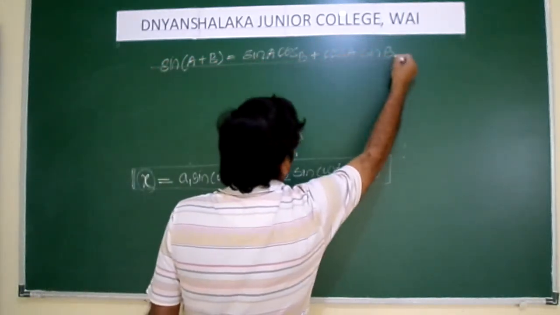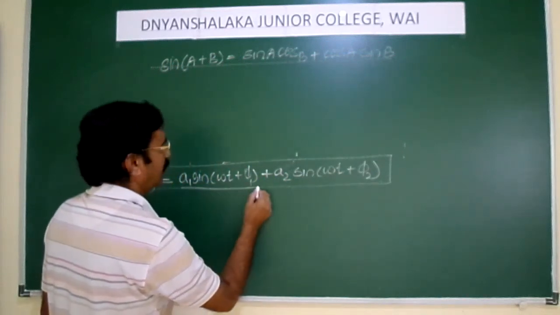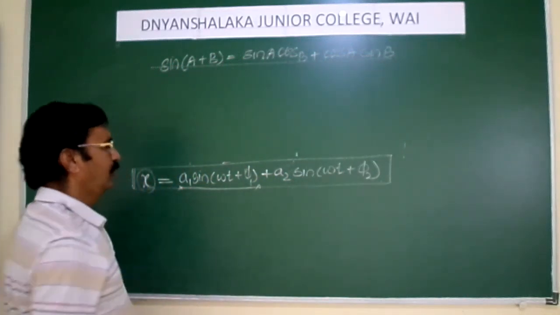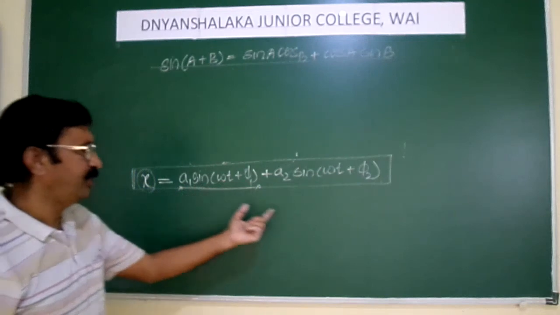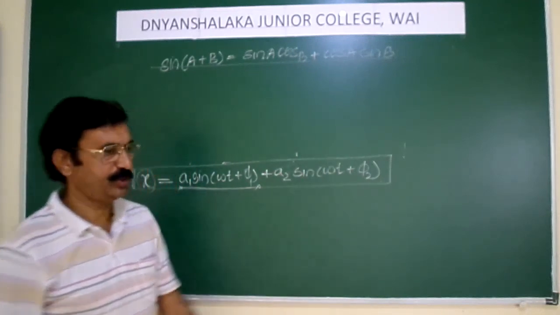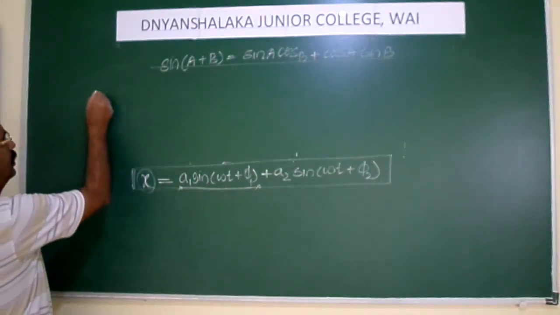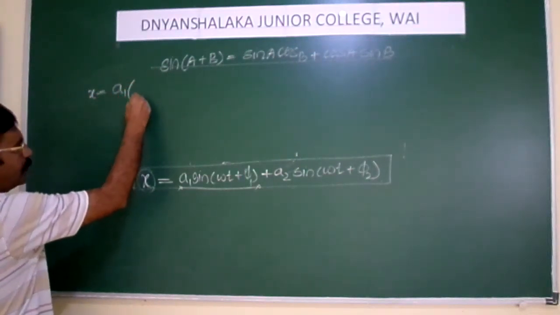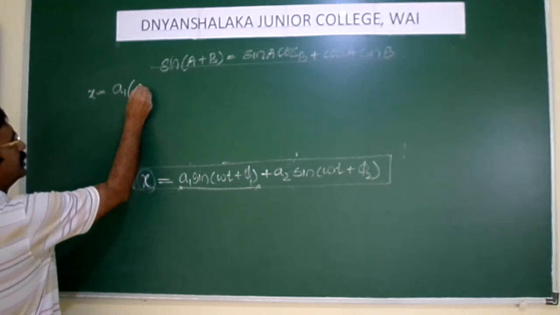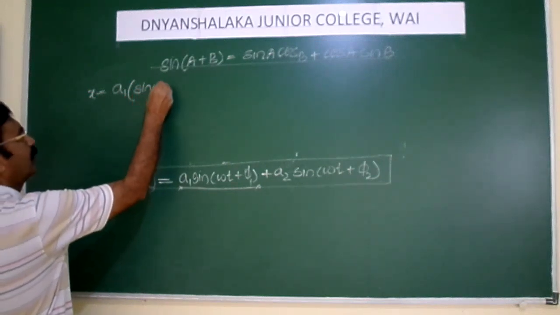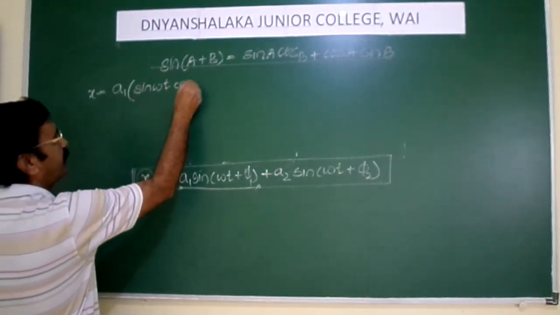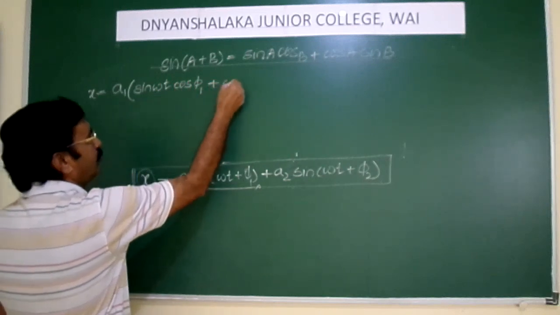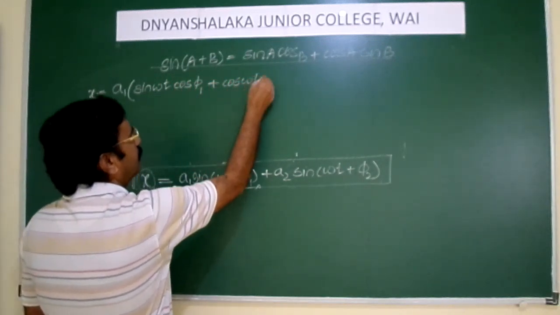This will be our formula to expand this relationship as well as this relationship. As x is equal to a1 into bracket, this will be sine omega t cos of phi1 plus cos omega t sin